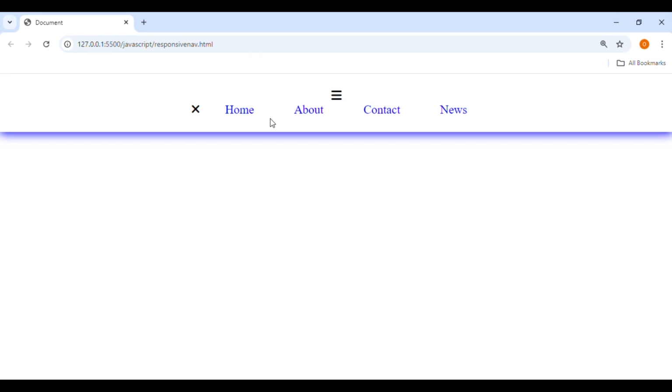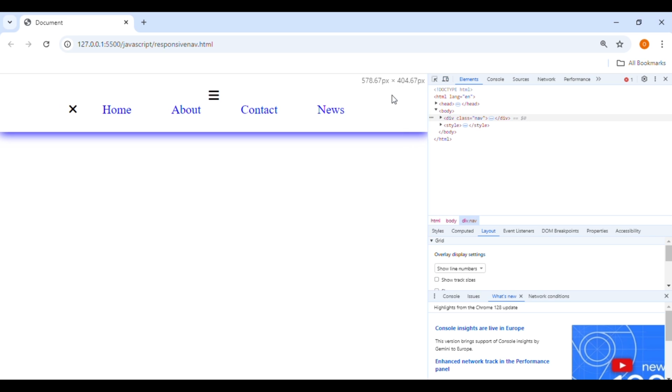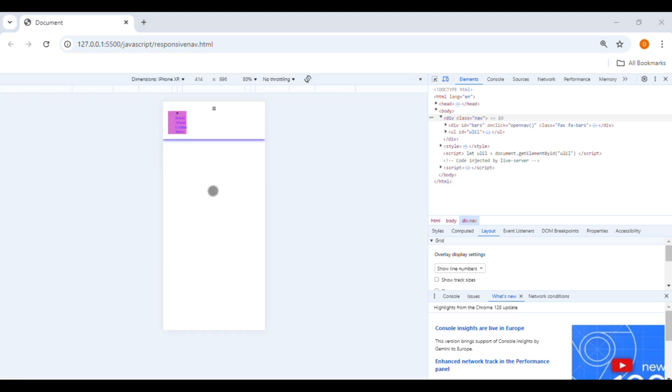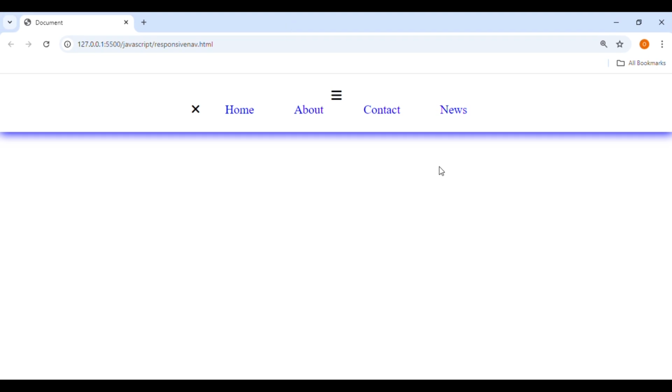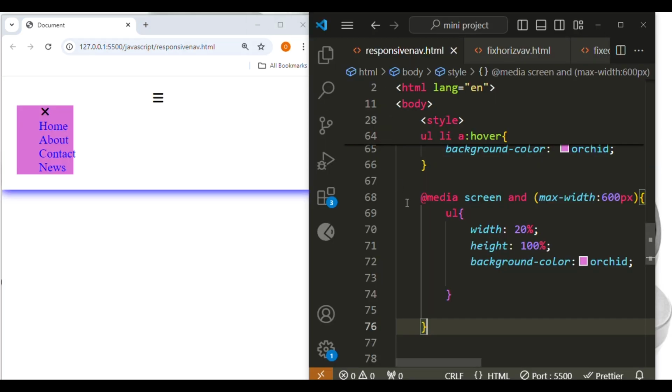So let's open this and inspect. So come here and right click, inspect, toggle device size. Okay, so this is what we have. You can see on smaller screen size the background color has changed. So let's bring it up again. Let's refresh. Okay, so minimizing, we have this. Maximize, we have this. You can see this is for smaller screen size, the width, the